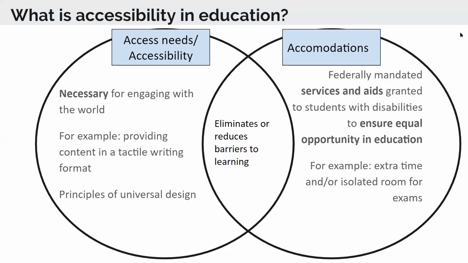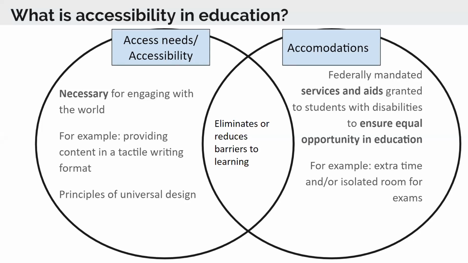First, let's distinguish between accessibility and accommodations. Accommodations are services and aids granted to individual students with disabilities in order to ensure equal opportunity in education. Accommodations attempt to level the playing field, so to speak. For example, giving a student who has a disability that makes concentrating difficult extra time and an isolated room for